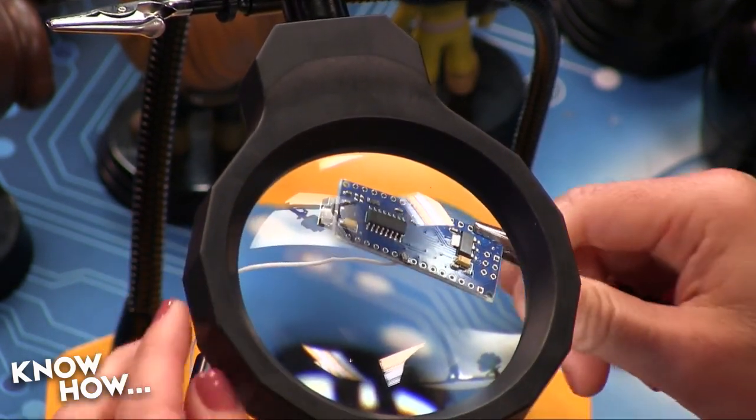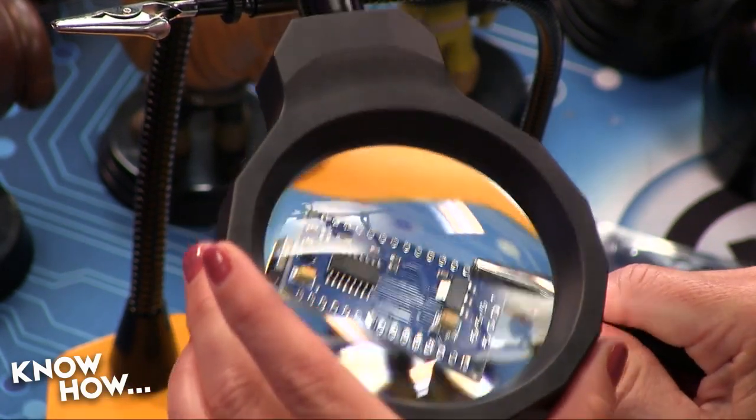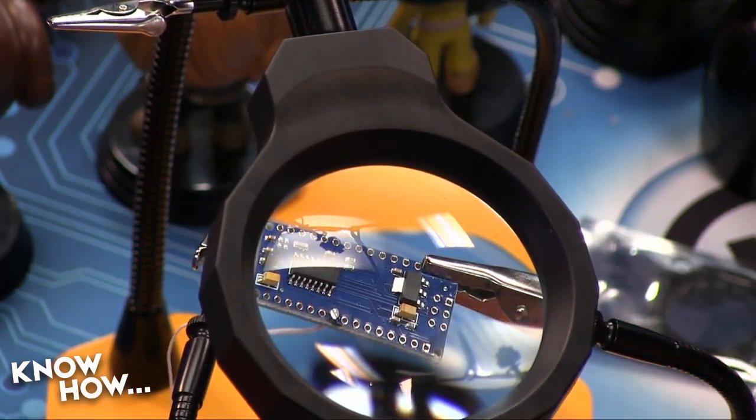I love your magnifying glass. That always looks so good. Mm-hmm. I need a little bit of solder on my side. A little bit of a reflection in there, but...